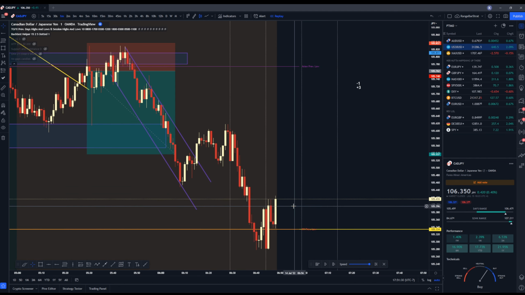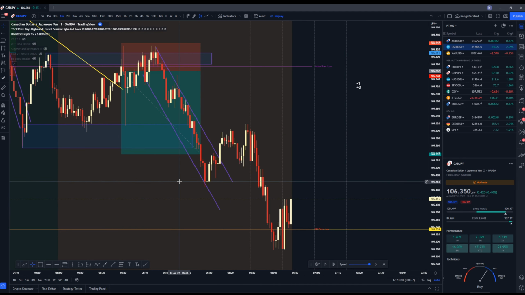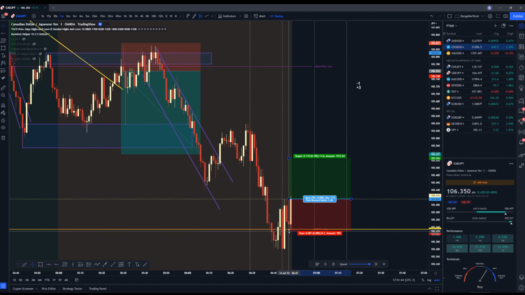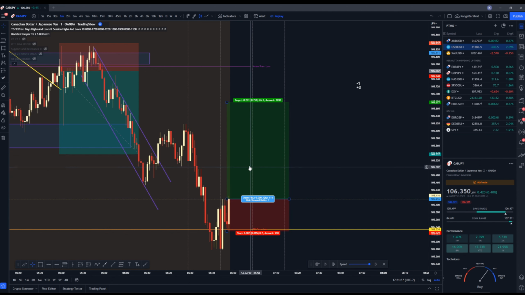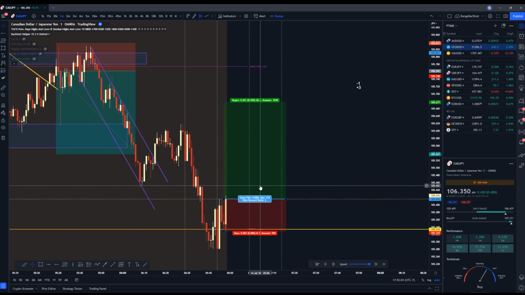This is better. Haven't really broken much structure, just 2 microstructures at the low over here. So we could enter here, very riskily. It's 8 pips. I don't know what the actual standard size is on this, but we could enter like this here. The only thing is, I don't like to enter without seeing another pullback. So I might just skip this entry altogether.